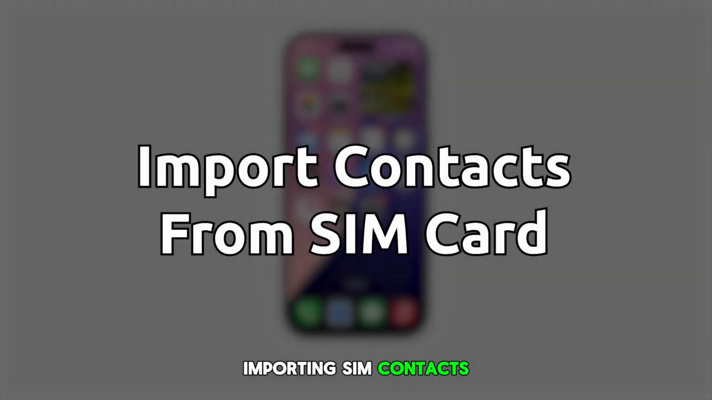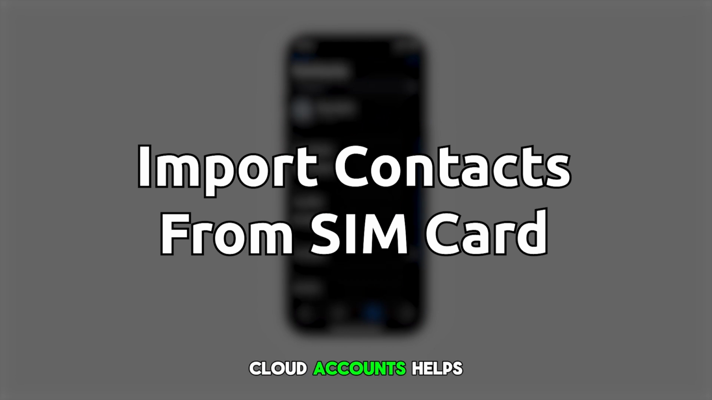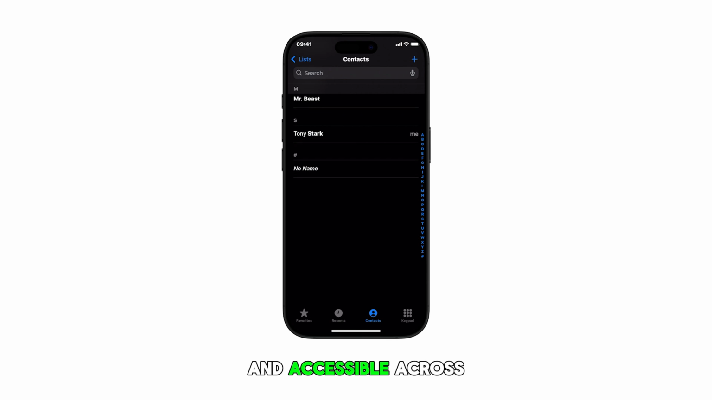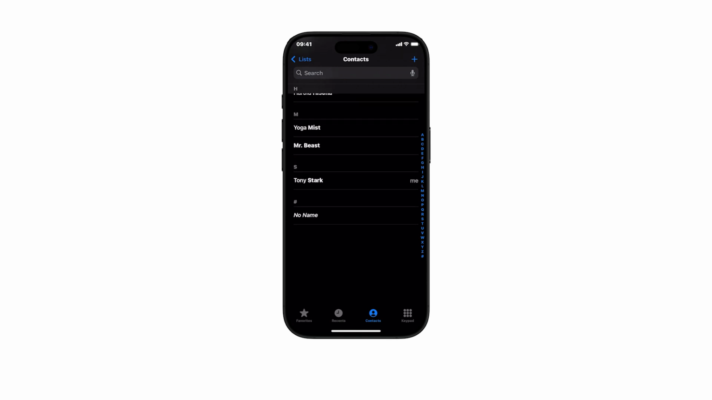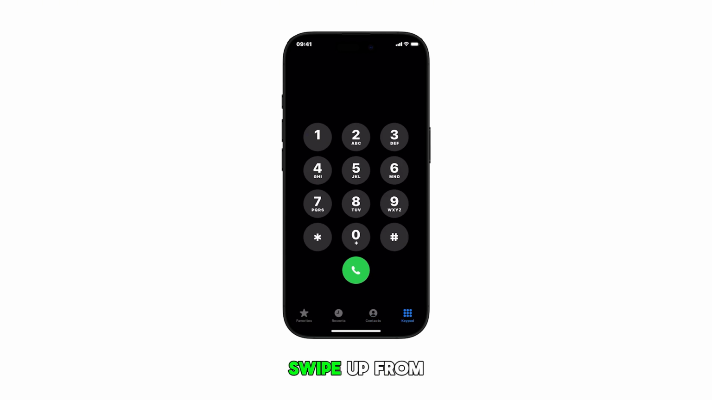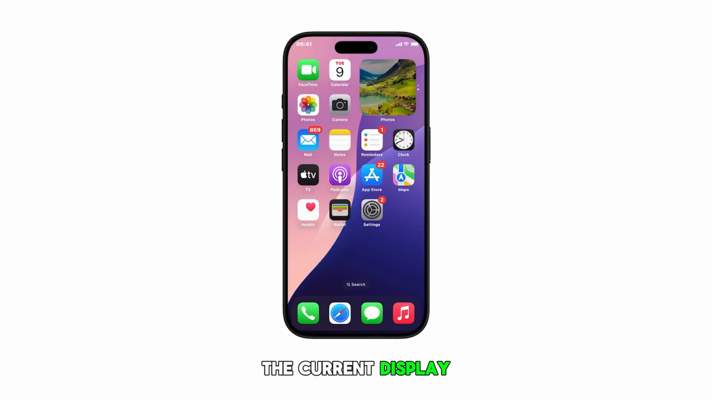Importing SIM contacts to your iPhone 16 cloud accounts helps back up your contact information and ensures it's safely stored and accessible across your devices. Here's how it's done. To start, swipe up from the bottom of the current display to get to the home